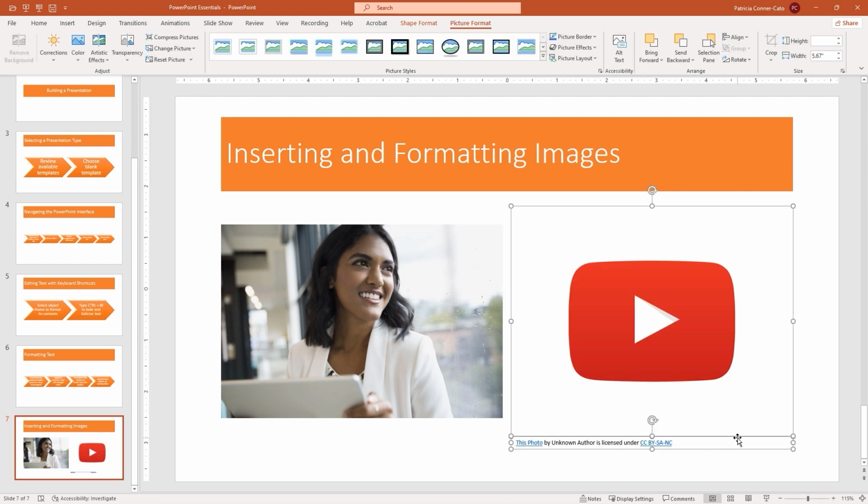So now, notice underneath the YouTube arrow on the right, it says this photo by unknown author is licensed under, and it has CC, all of this stuff, okay? Anything that you find in these libraries, you can use, meaning there would not be any copyright infringement. So we have our two images